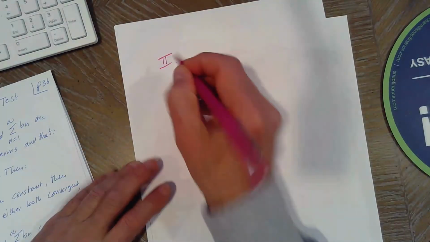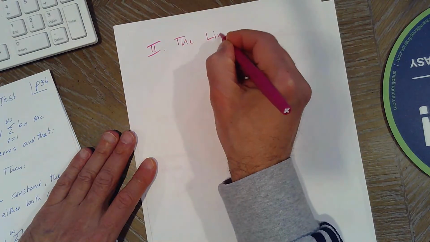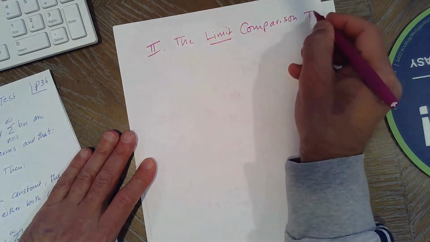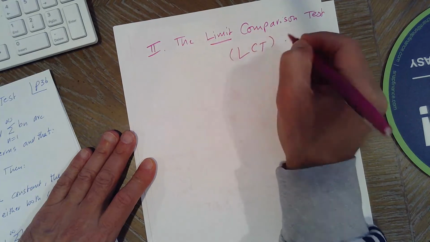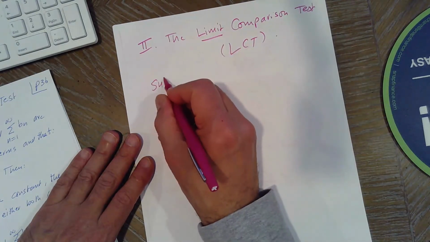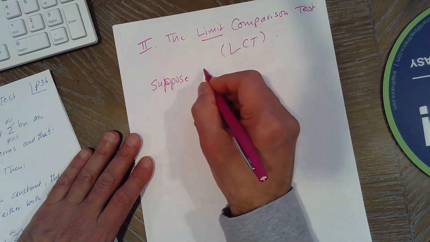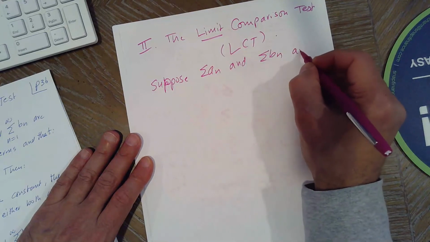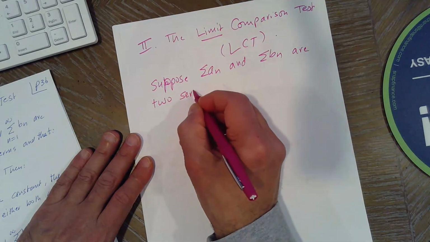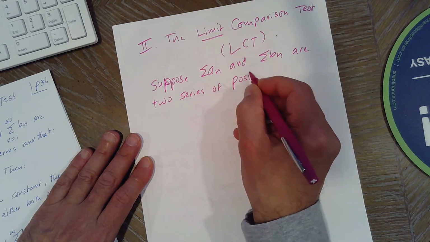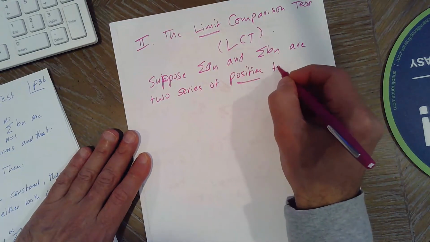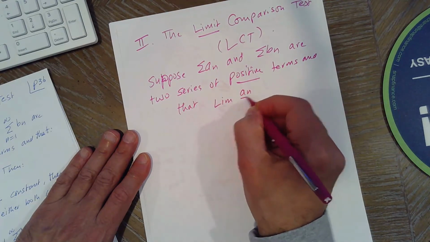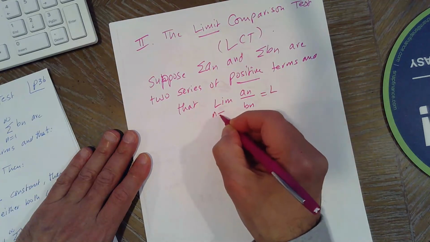That's why we're going to need another comparison test. It's called the limit comparison test, LCT. Okay, let's see what this is about. So again, we're going to require positive terms. Suppose sigma an and sigma bn from 1 to infinity, of course, are two series of positive terms. That's very important, okay? We're not yet doing negative terms. And that if you do the limit of an over bn, you get L as n goes to infinity,